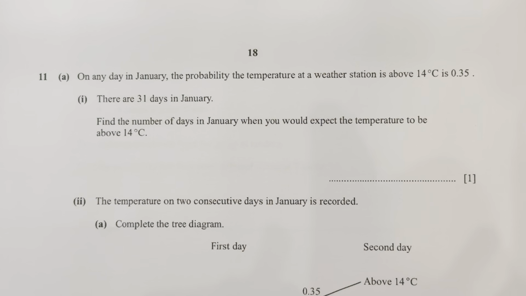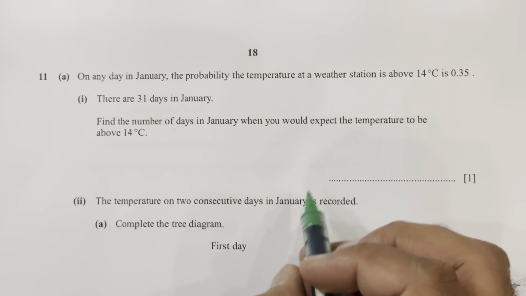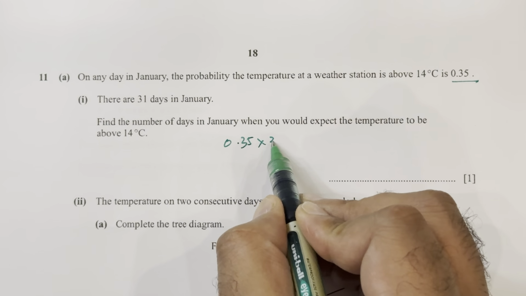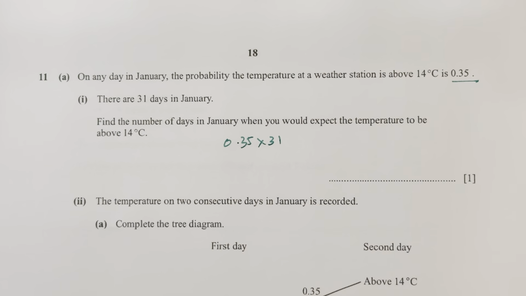Find the number of days in January where you would expect the temperature to be above 14 degrees Celsius. So above 14, there should be 0.35 into 31, you get the answer, that is equal to